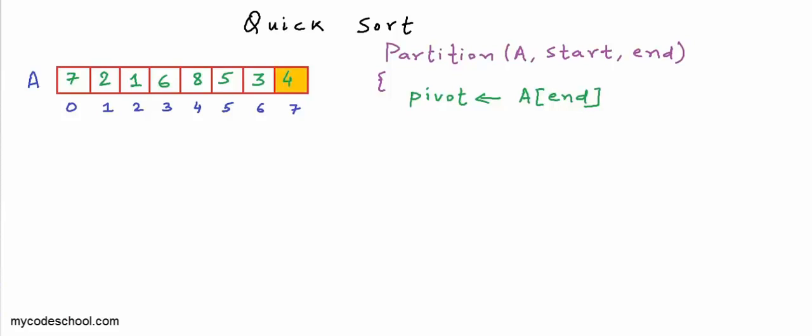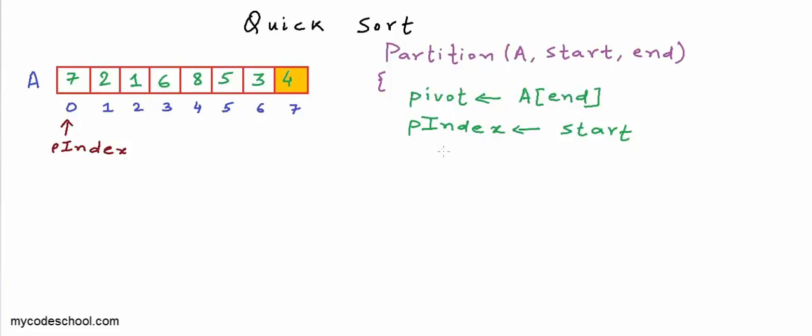So pivot will be 4. Now partition logic will be something like this. We will first take a variable named p index, or partition index. I'm just writing shortcut p index for partition index, and initially we will set it to start. And now we will scan the whole list from start till end -1, and we will make sure that all